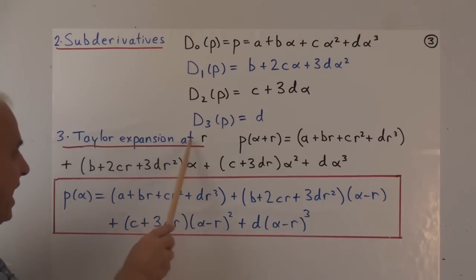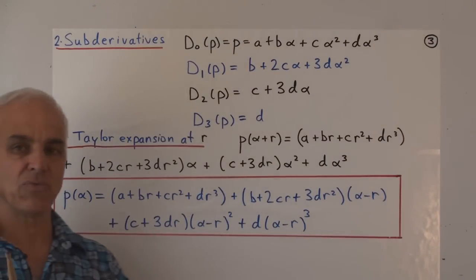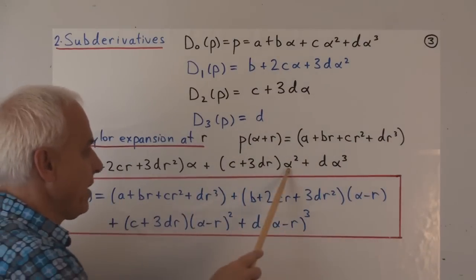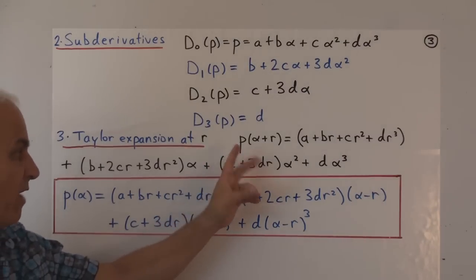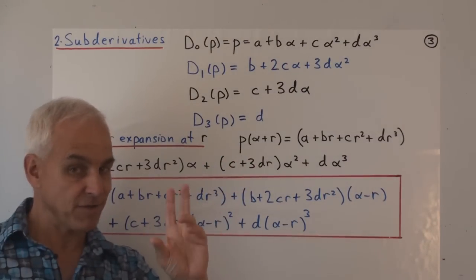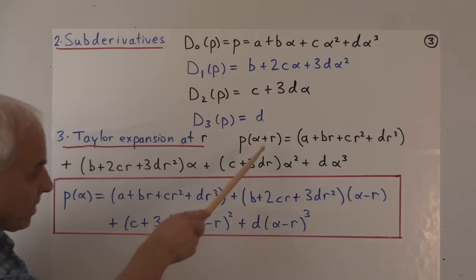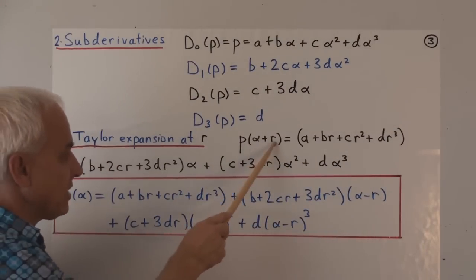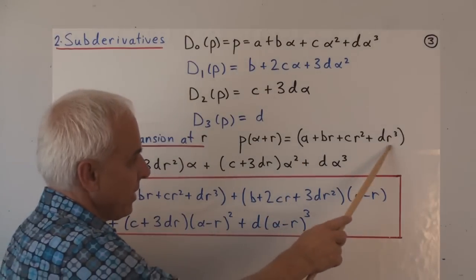All right, now let's look at the Taylor expansion at r. Now this is obtained by doing two things to the previous expression. The first is to interchange the roles of alpha and beta. So instead of expanding in powers of beta, we're now expanding in powers of alpha. We started with p of alpha plus beta. That's symmetrical in alpha and beta, so it's completely the same if we interchange the alphas and betas. And then the second thing that we do is that the betas, which are now appearing in each one of these things, are replaced with a number r. So we get that expression.